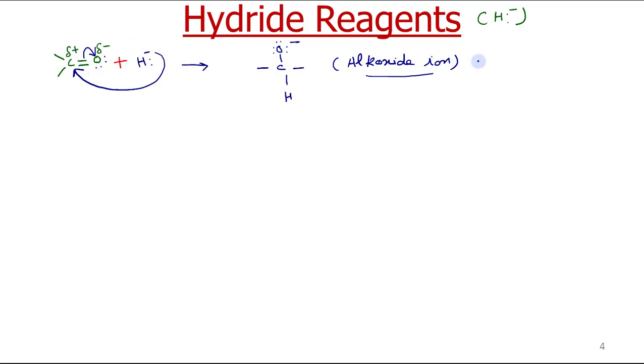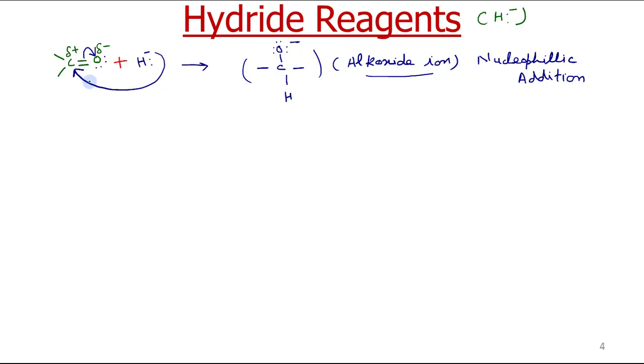So this step is called nucleophilic addition. So this reaction is a nucleophilic addition reaction. Why? Because in this reaction a nucleophile has been added to the substrate. So the first step is a nucleophilic addition reaction to give you an alkoxide ion. Now the alkoxide ion which is formed, you can see it contains the same number of carbon atoms as the substrate. We have neither added a carbon nor removed a carbon.